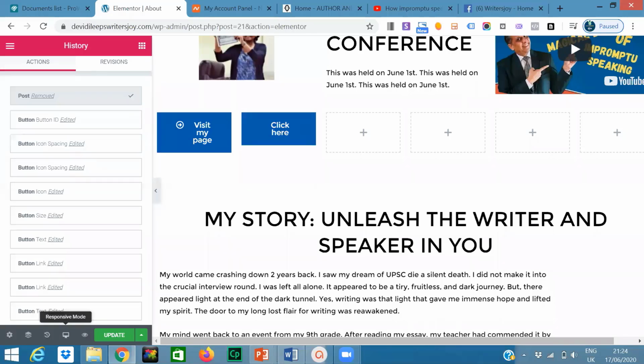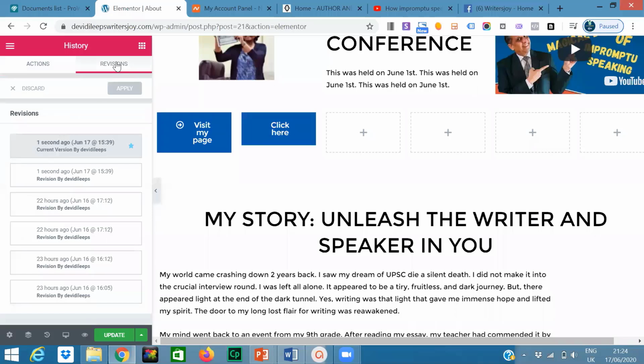Okay, and go to the revision on the top, next to action. Yeah. So this is a revision, what you did when, right? This is the complete revision of whatever was done on this. Let's not get into this, because whatever you have done, if you try to fiddle around, the whole thing will go away. So don't try to do anything in the revision for now. Only operate on the function that you had created.